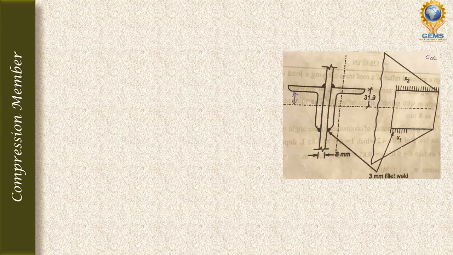Now we have to find the LW value. So how can we find the LW value? LW value can be found by equating load and strength of the fillet weld. So here we have a double angle. So our load is 200 kilonewton. If we design fillet weld for one angle, then we can use that same design for the other angle. So here our load is divided by 2. So each angle will carry 100 kilonewton.